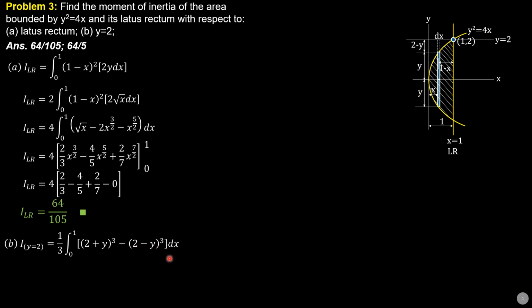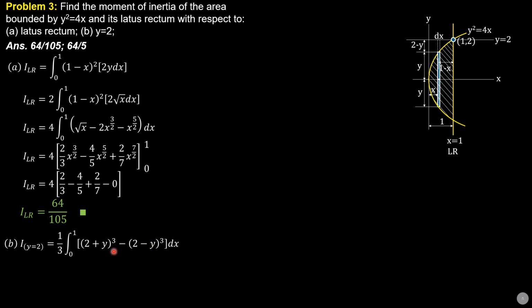So I with respect to the line y equals 2 is 1/3 of, the first term is 2 cubed. For this term here, this is minus 2 cubed, so the first term will be eliminated. The second term is, remember, the expansion of a binomial raised to 3. The second term is 3 times the square of 2, which is 12 times the second, so 12y, and this is also 3 times 2 squared times negative y, negative 12y, and 12y minus negative 12y is 24y.